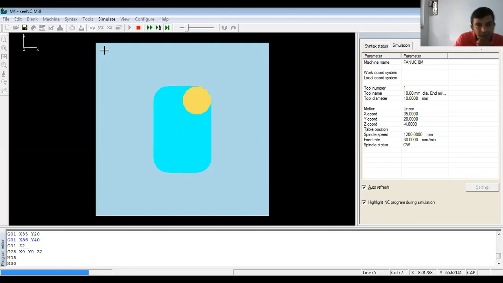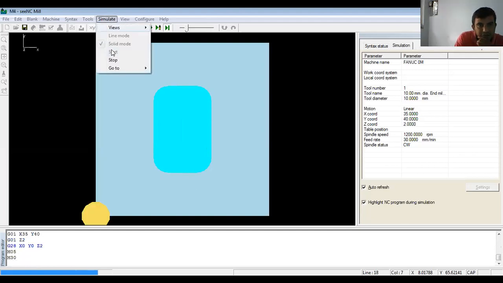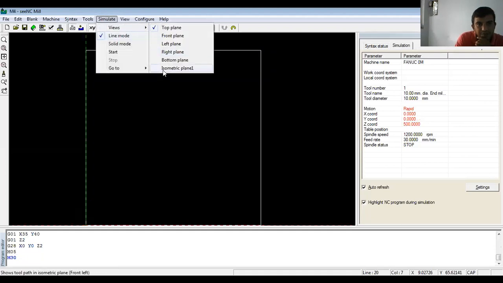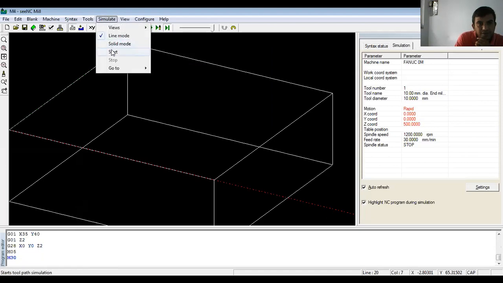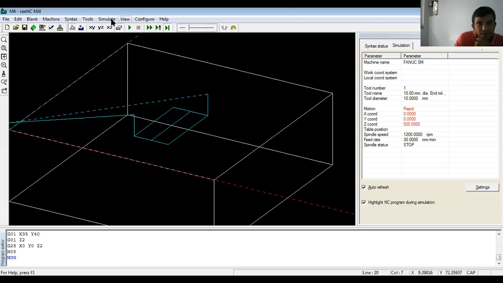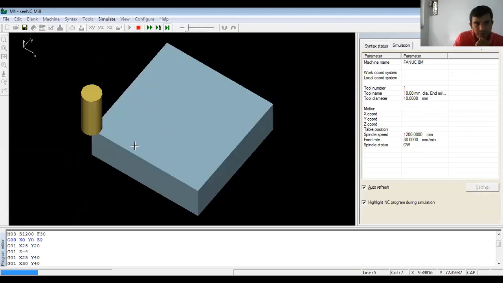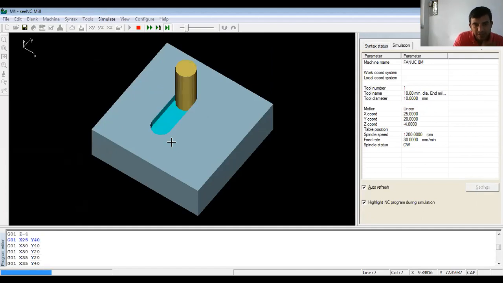Right? Now if you want to go for isometric view also, first we'll go for line mode, then solid mode. The cutting tool goes down to the first location, then it gives you depth. And what path is it? Zigzag path.